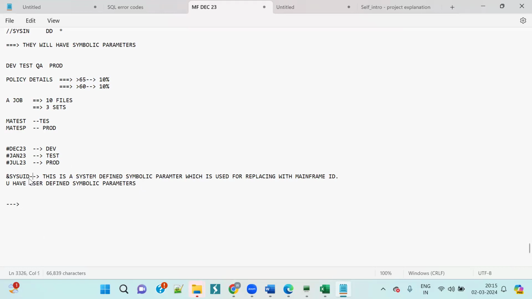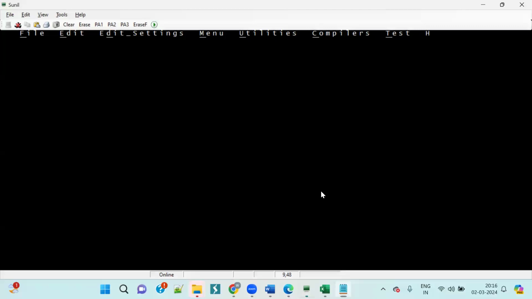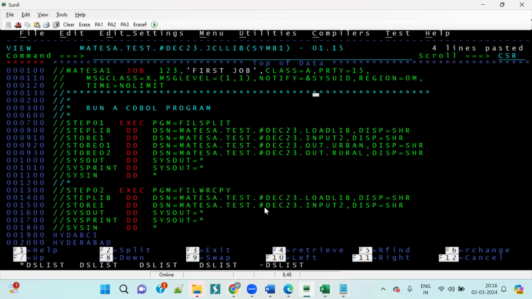Normally, sysuid is the parameter. Just to say that it is a symbolic parameter, we are using ampersand. So ampersand is used to represent the symbolic parameters. So this we understood. Okay. Now how to give the symbolic parameter? So let's see that. For example,